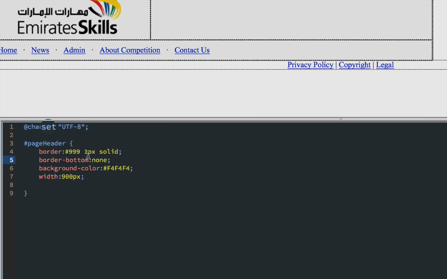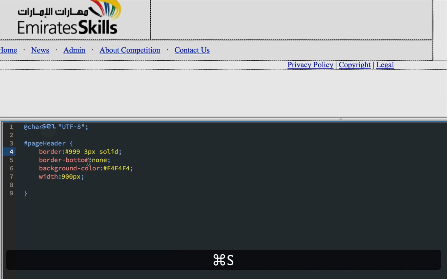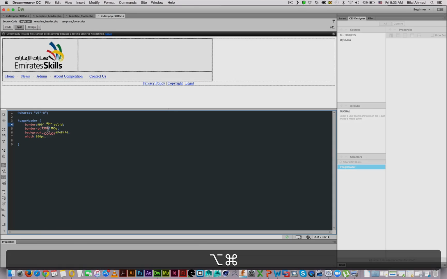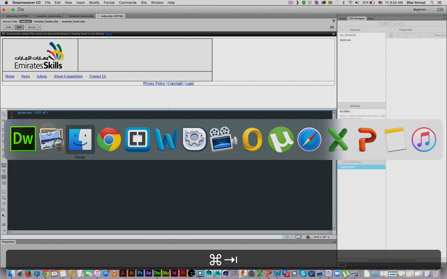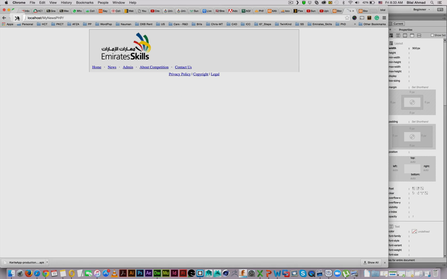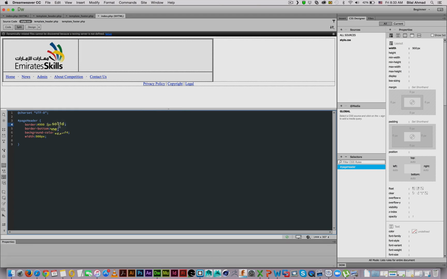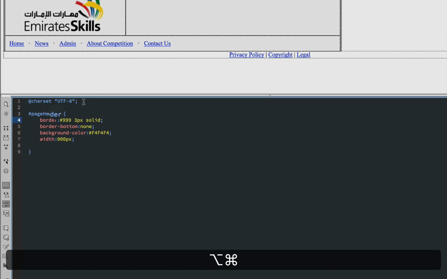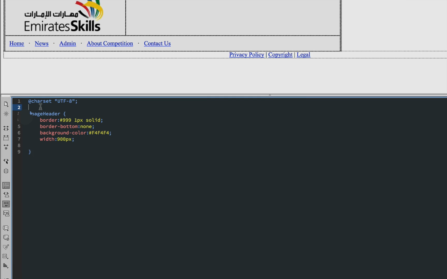So if I come here and change its pixel from 1 pixel to 3 pixels, and I just save it, then I'll have to go to my browser and refresh this page. You see this border is thicker now. So it depends what you want to do in your styling in order to maintain all this stuff. So I'll come here, instead of 3 pixels I will make it 1 pixel,